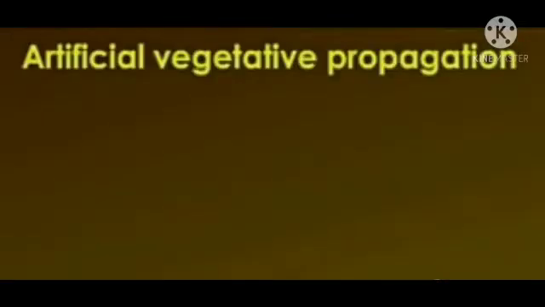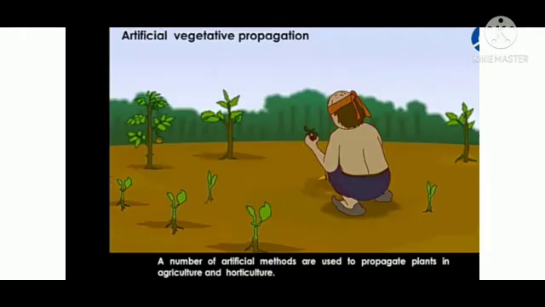The man-made methods called artificial propagation can be used to grow many plants from one plant at a much faster rate. Farmers, gardeners and foresters use vegetative propagation to produce many plants that are exactly the same as the original parent plant. The major artificial methods are layering, cutting, grafting and tissue culture.